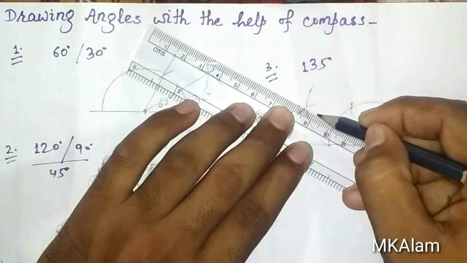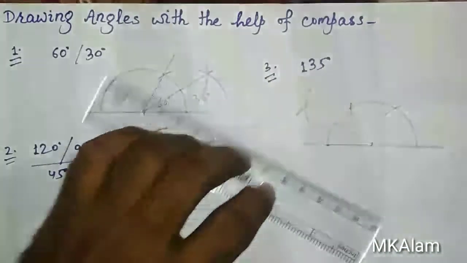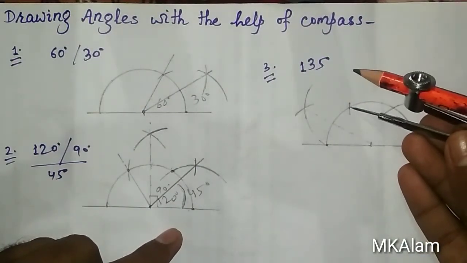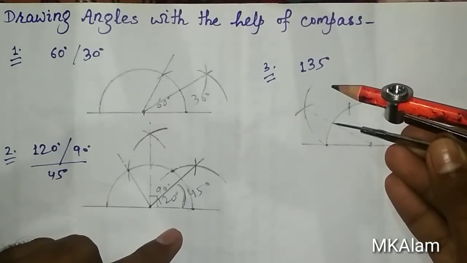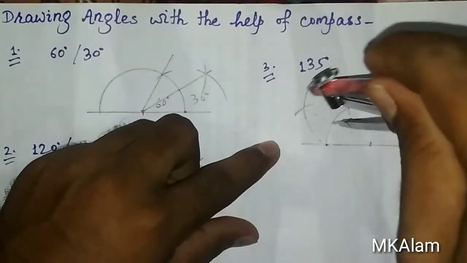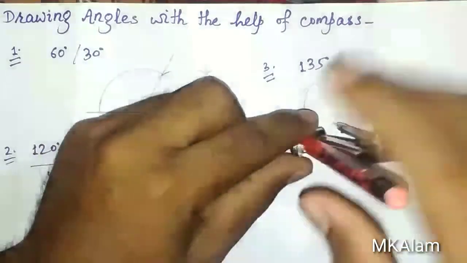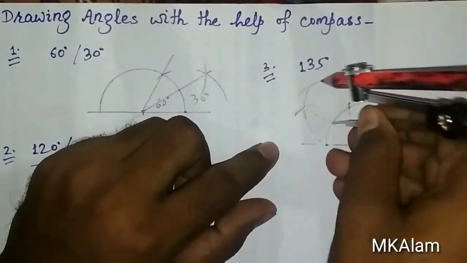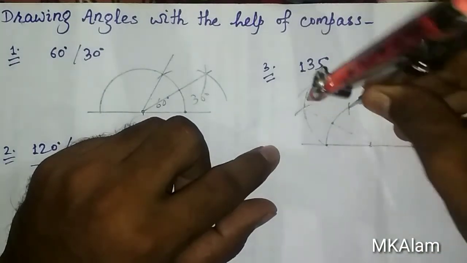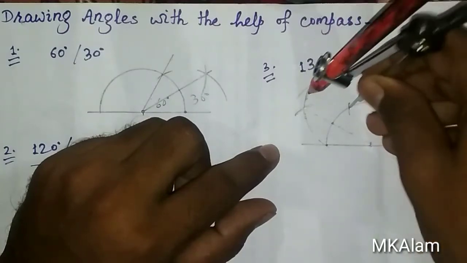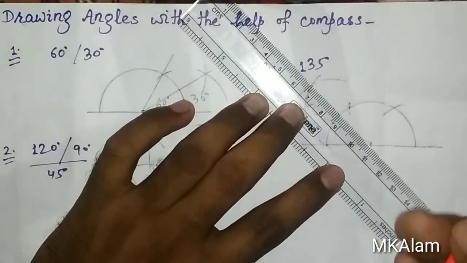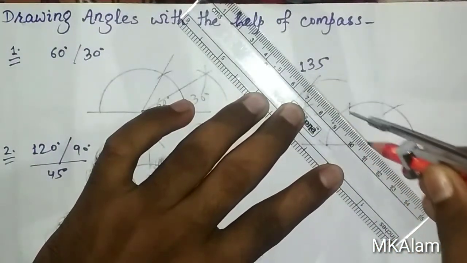But our aim is drawing an angle of 135 degree. So you will have to do only one thing. You know very well that from this point to this point you have 30 degree. Then if you divide this angle, then you will get 15 degree. You will get 15 degree. Then you will have to do only from here to here, and also you will have to take your needle on this point and cut this. And after this, if you make both these points, then you will get an angle of 135 degree.